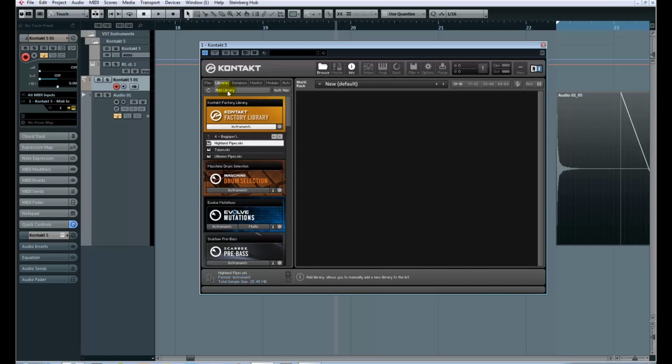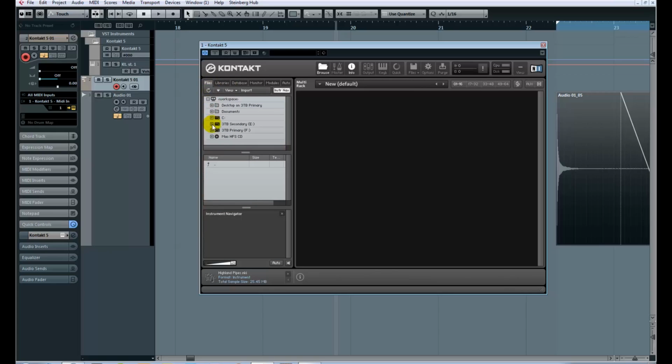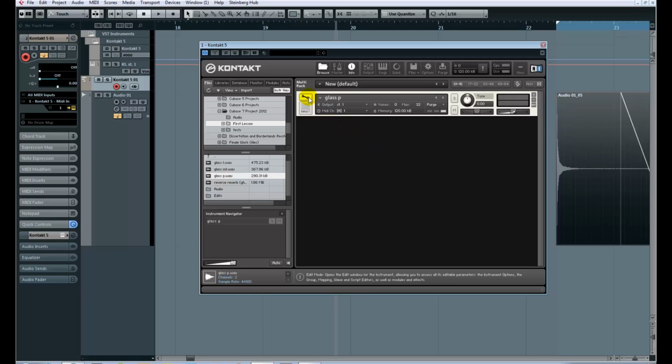and open it up. And instead of going to my libraries, I'm going to go to my files, and I'm going to go find my lesson file. So right down here you can see that I have my glass P, glass MF, and glass F, or piano, mezzo forte, and forte for medium loud and loud. And I'm just going to click and drag this over, and you can actually see if I open this up,